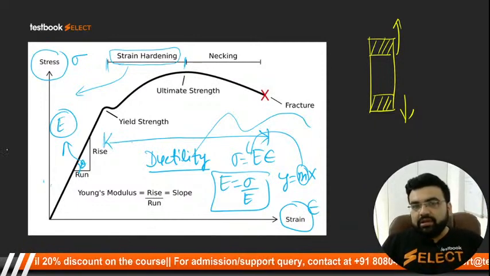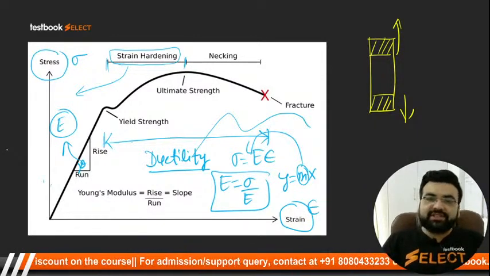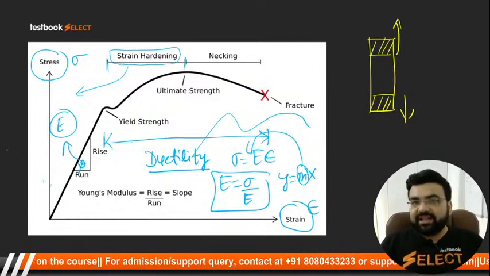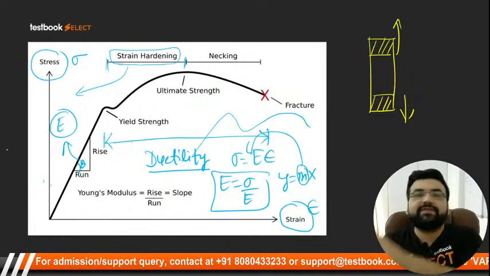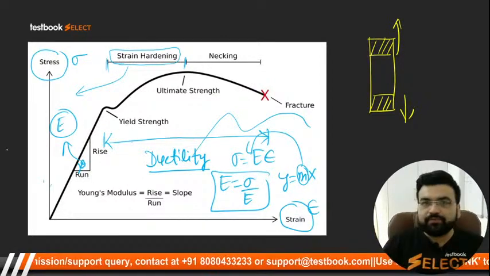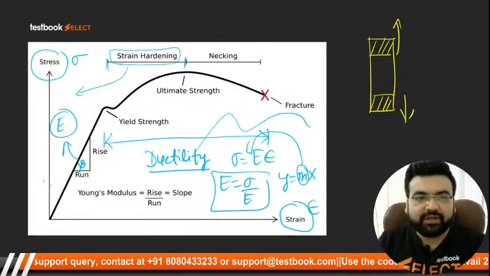क्लियर। आई होप दैट यू हैव गॉट इट, the meaning of this Young's modulus of elasticity, कि आप यंग्स मॉड्यूलस ऑफ इलास्टिसिटी को कैसे निकाल सकते हो स्ट्रेस वर्सेस स्ट्रेन कर्व से, कैसे आप निकाल सकते हो इसको, क्लियर। चलिए आगे बढ़ते हैं स्टूडेंट्स।